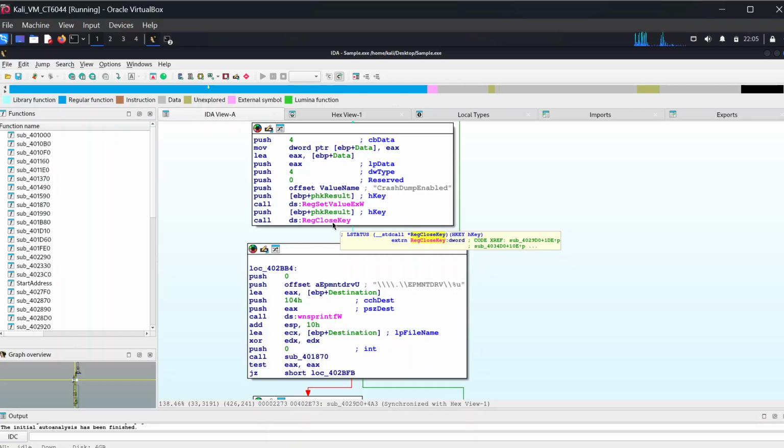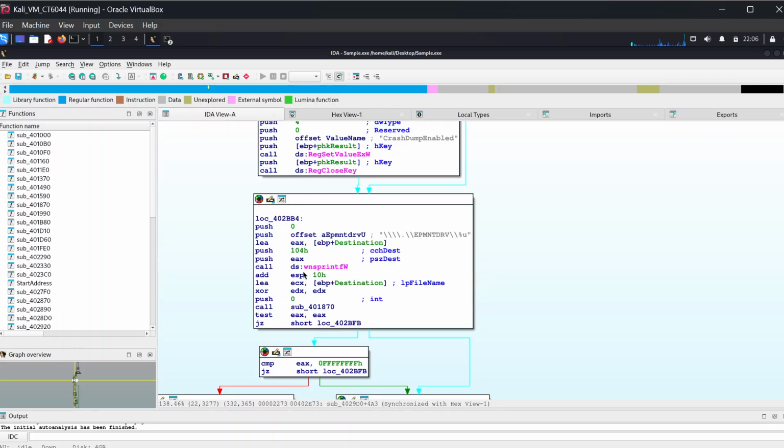Again, I highly recommend RegShot is the most valuable tool to truly see the takeover and what registries are done, okay? But if you see, we are setting the registry value and then closing that registry key, and it's to do with this EPM TDRV down here, okay? Which stands for essentially empty drive, okay? And then print that out and then to a specific destination, as you can see here,